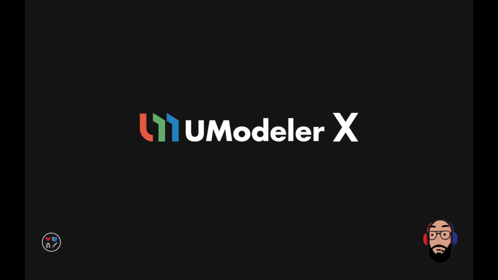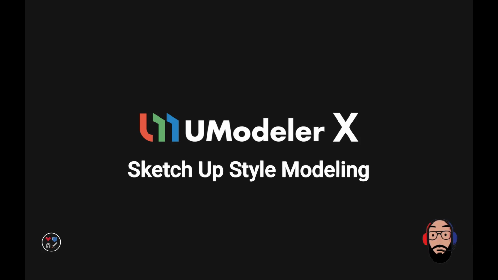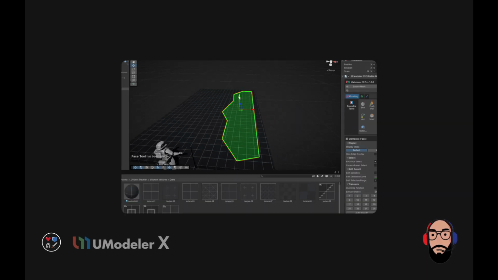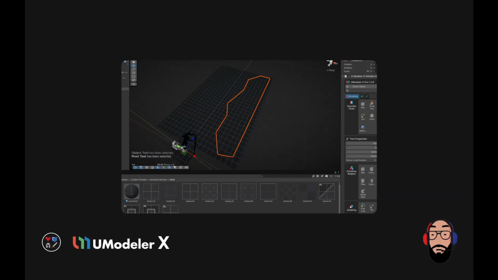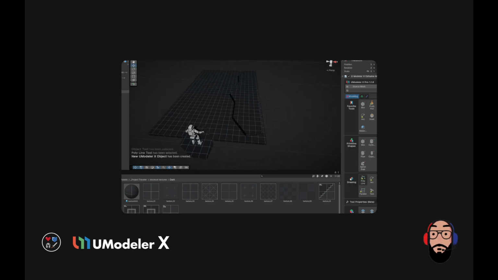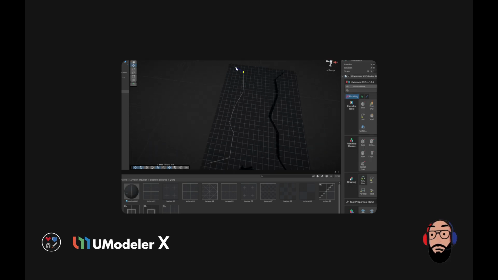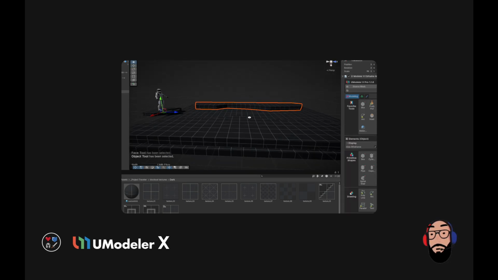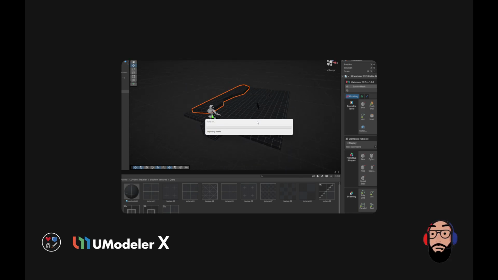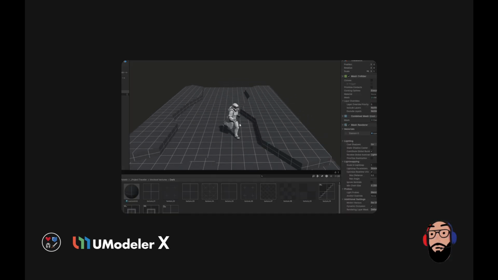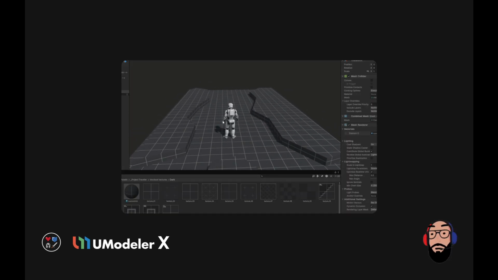In this video, we're going to take a look at some SketchUp style tools that make grayboxing quicker and easier than ever. Grayboxing is the best way to plan out your game environments, allowing you to block out your spaces with simple, untextured shapes before committing to detailed modeling. It helps you focus on gameplay, navigation, and level design, ensuring your world feels just right before adding textures and